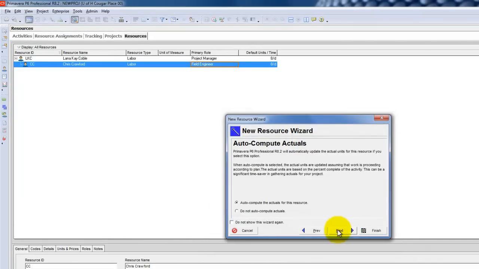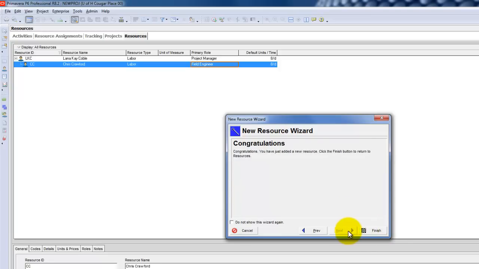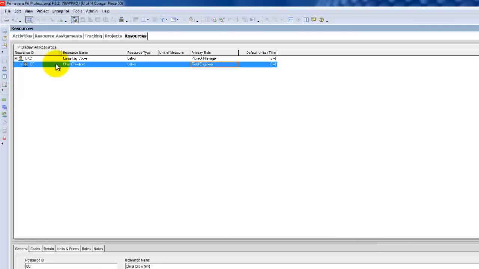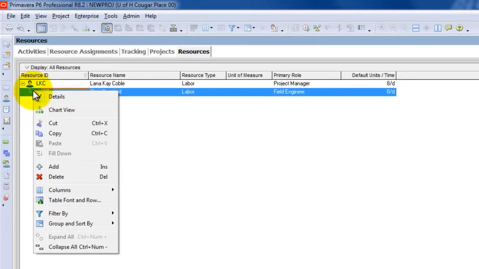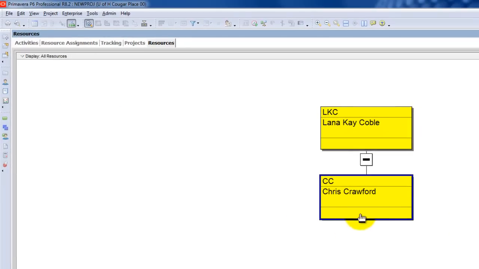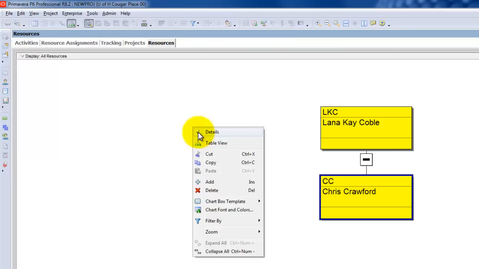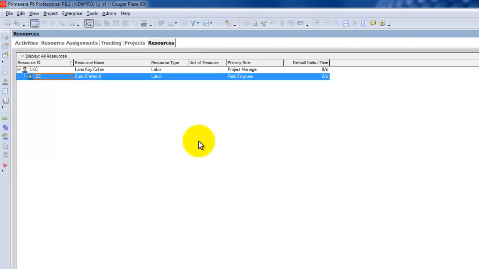Next, autocomplete, next, hit finish, and now we have Chris Crawford, who reports to LKC. Well, what happens, and let's see how this works. Chart view, this is kind of cool. You can come here and it'll give you an organizational chart. Alright, we don't necessarily want to do that. We want to go back to the table view and